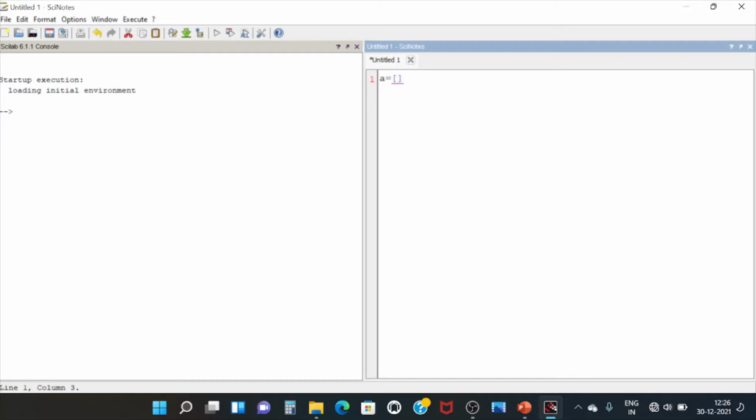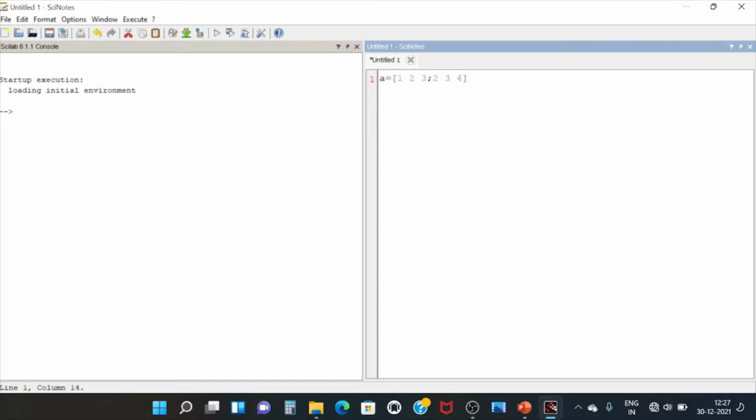Suppose you put 1 space 2 space 3. This is the first row of the 3 cross 3 matrix. Then for the second row you put a semicolon and then the second row values. Suppose I take 2 space 3 space 4.